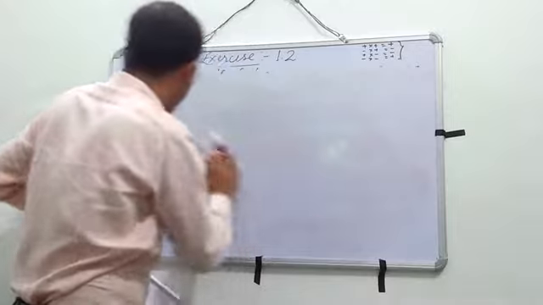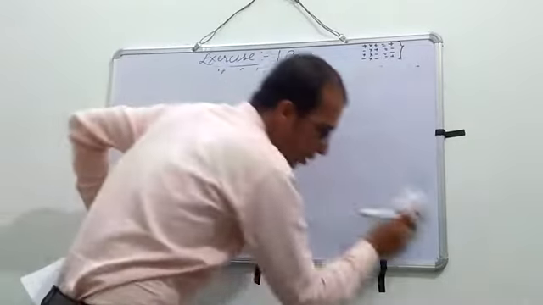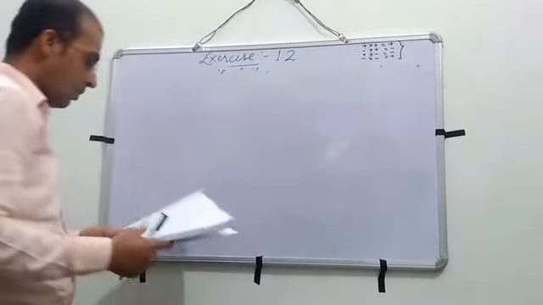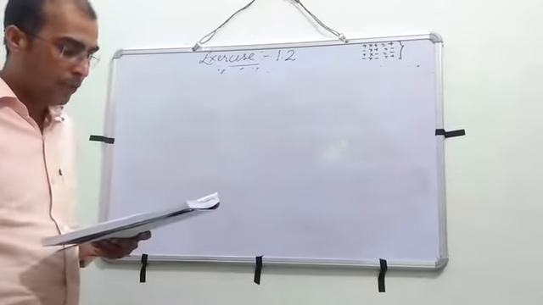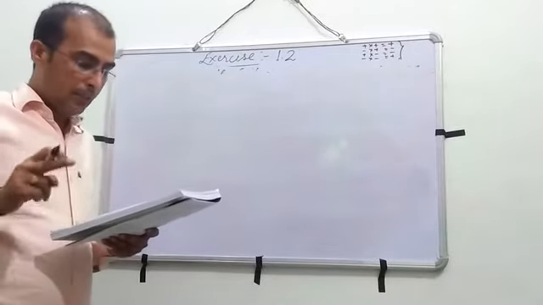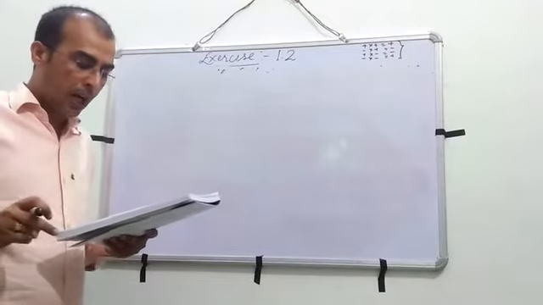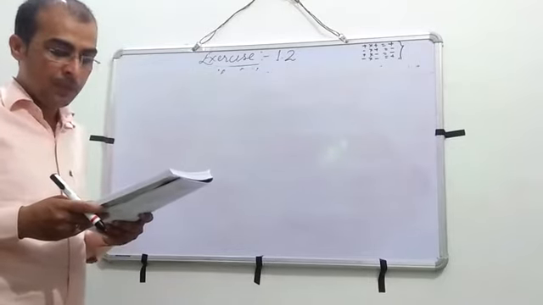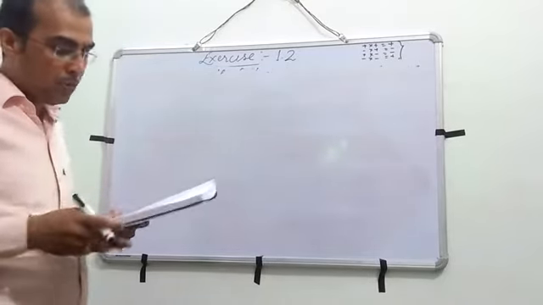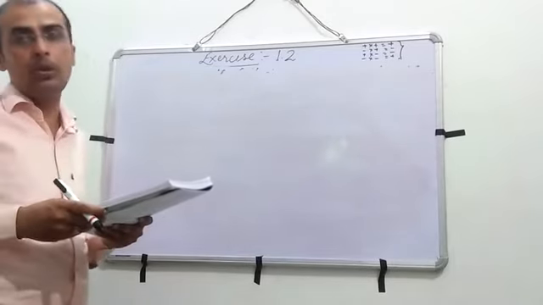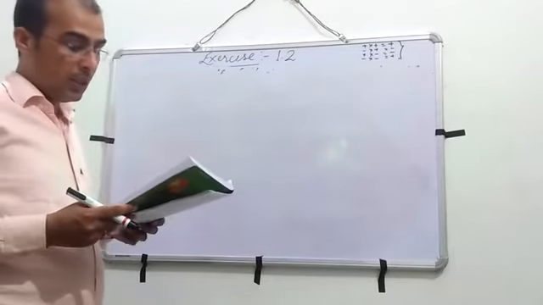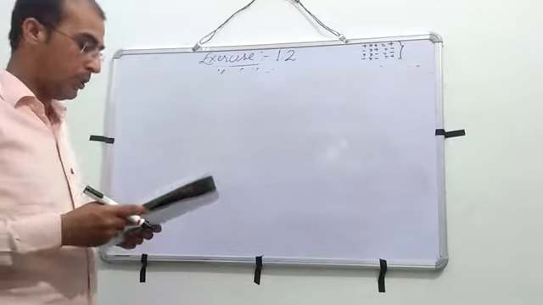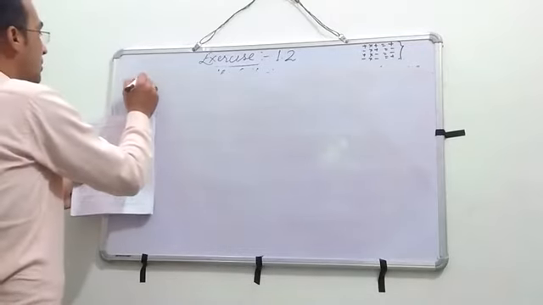What is question number 5? I am going to solve. You have to verify. First, A part is given associative property and B part is given distributive property of multiplication of integers for 3 integers. A equal to minus 2, B equal to minus 17 and C equal to 11. For these integers, you have to verify the associative property and distributive property. So you can see question number 5.